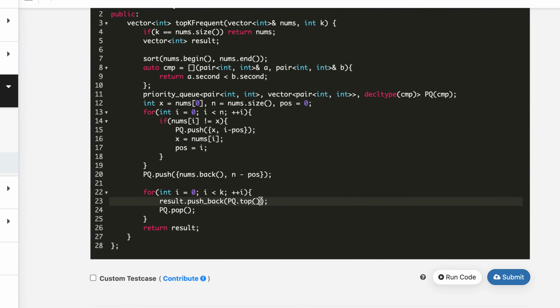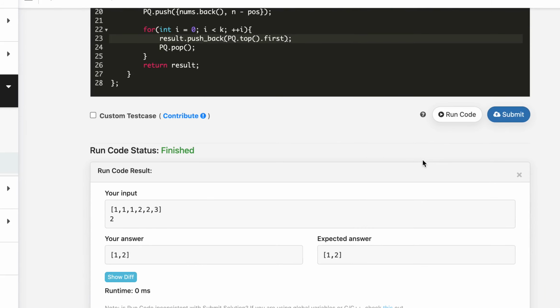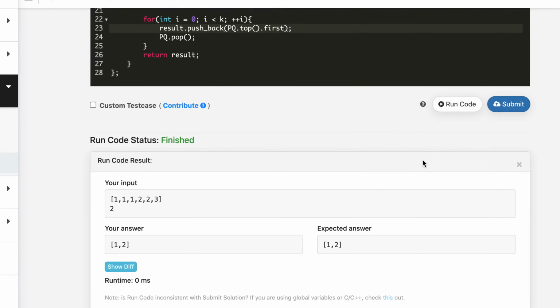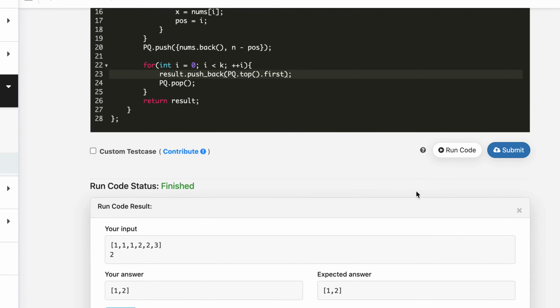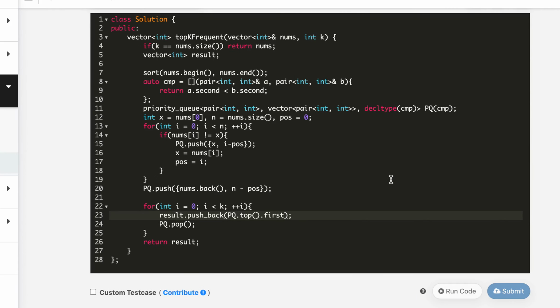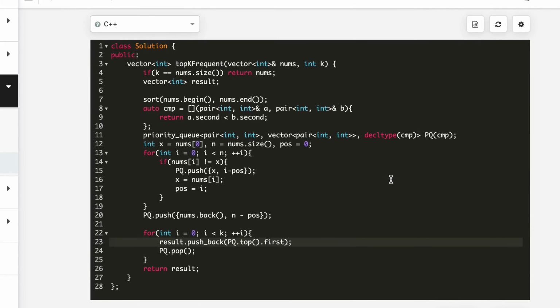Okay, so this priority queue is a pair, so we will push the first element. And this looks like it works, so let's submit. And the solution is accepted.